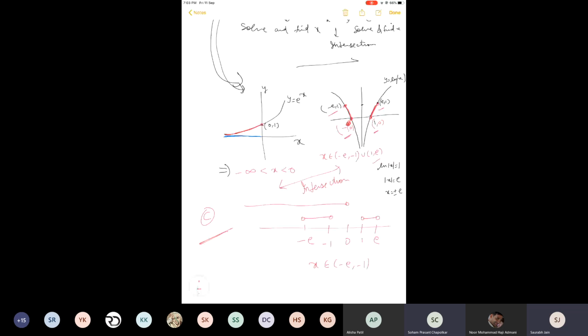Sir, can you solve 34 of level 2? Level 2 question number 34. Wait a minute. Okay, I think I gave it by mistake, because in question number 34 you have to find f o g x. This f o g x is actually a composite function that we have not covered. 34 we will not be able to do right now.